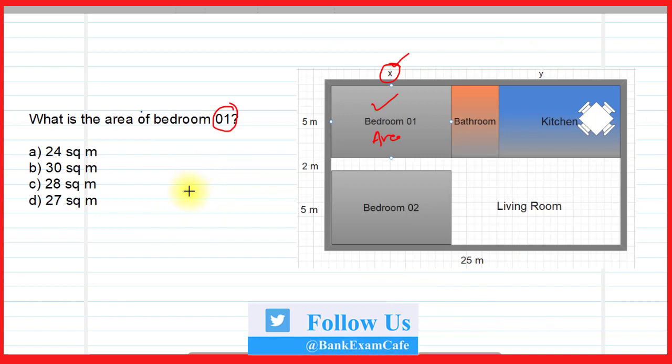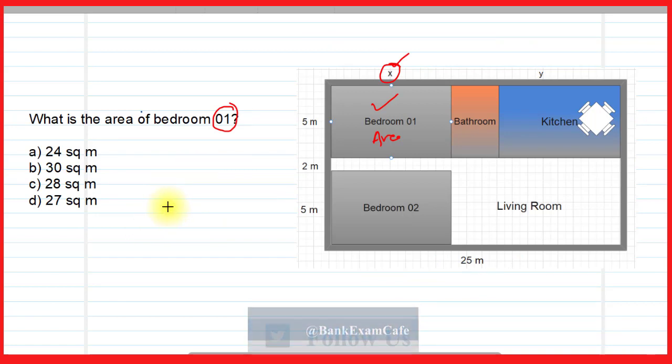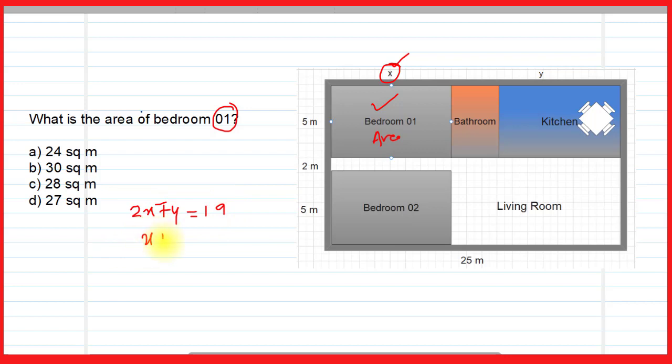So here first our equation is what? It is 2x plus y is equal to 19, and another equation is x plus y, that is equal to 13. If we subtract these two equations, sign will change, so y will get cancelled out, and so 2x minus x, that will be x. So x is equal to 19 minus 13, that is 6.